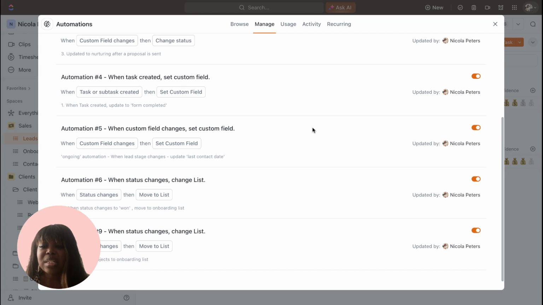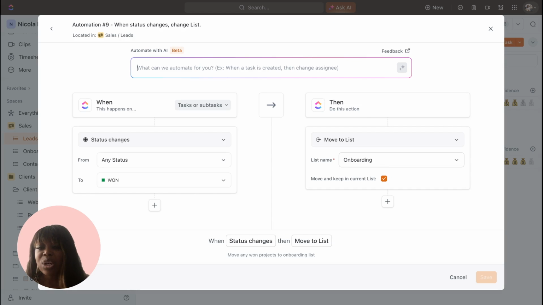Now, if we go back to that same automation that I created and I clicked on edit, we have the option to add some multi-steps to our automations as well. So I'm going to change this automation a little bit for this particular demo. So let's just say that this is, instead of it